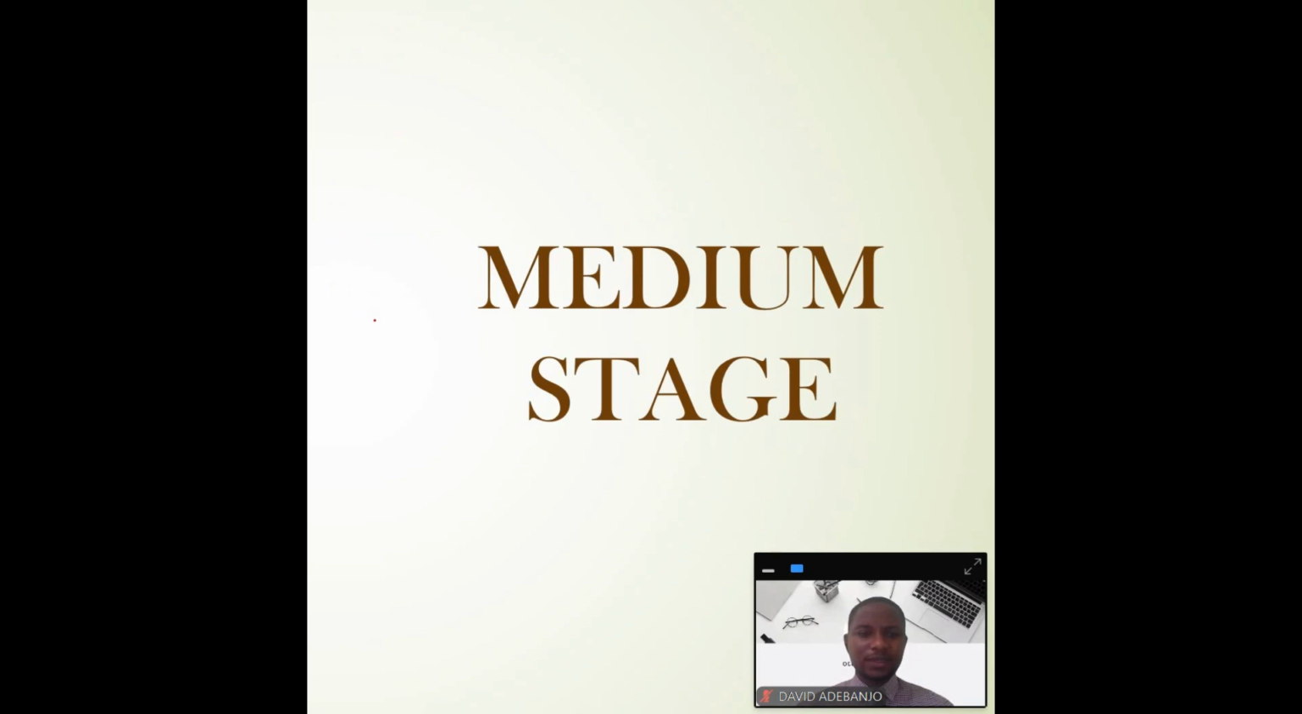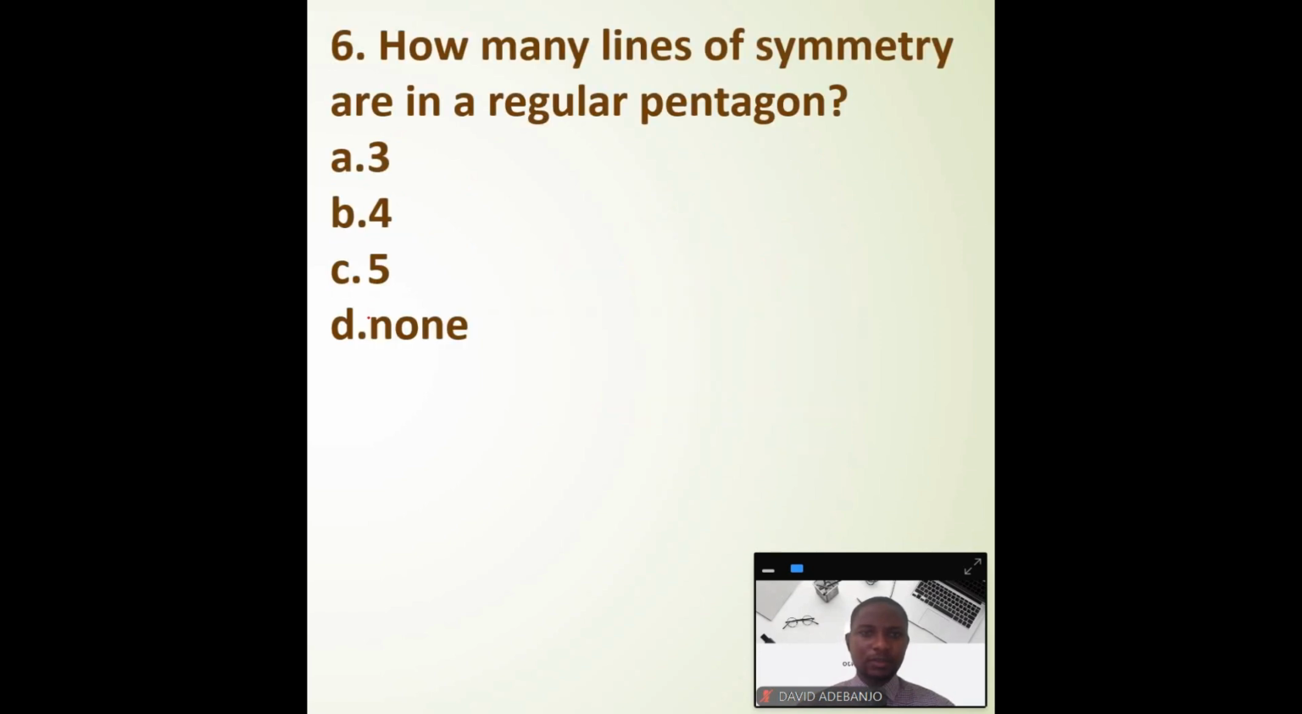Moving on to the second stage, medium. Question 6 said, how many lines of symmetry are in a regular pentagon? Regular means equal. Pentagon means 5-sided. So, a 5-sided shape. I'm not drawing to scale. I'm trying to make it neat. Alright, so since they are all equal,